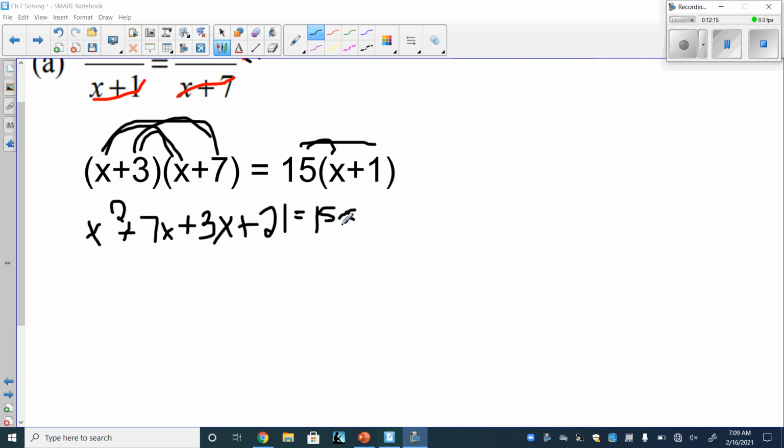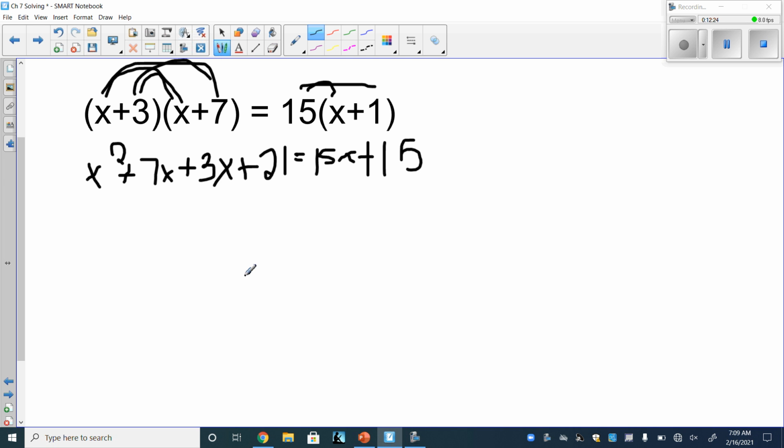15x. And 15 times 1 is going to be plus 15. So we get this here, and I know it's not the best handwriting I have. But we have this here. So we distributed through, we multiplied everything through. Now at this point here, we can combine some like terms on the left-hand side. The 7x and 3x. And if we do that, we'll get x squared plus 7x plus 3x would be 10x